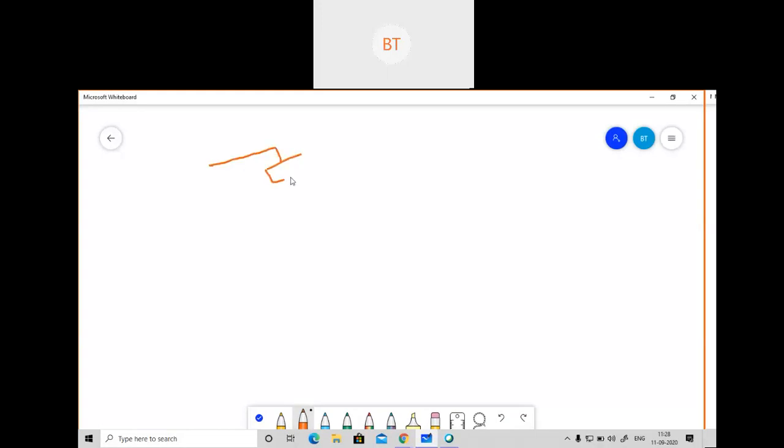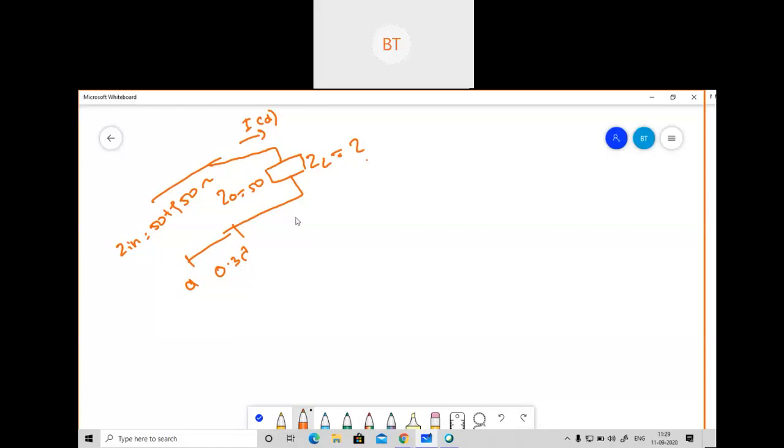This is the transmission line which is given to us, and this is the ZL value they were asking you to calculate. Suppose this is the current I which is going, and the Z0 value they have given as 50, and the Z in value is also given, that is 50 plus j50 ohm. And this distance, if I take it as d, from here to here they have given 0.3 lambda, and this is 0.